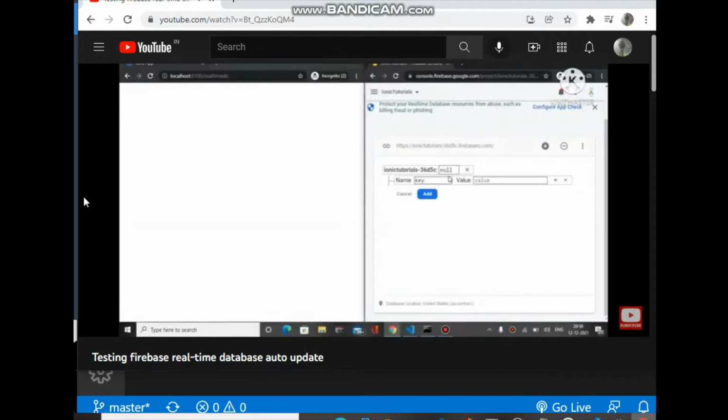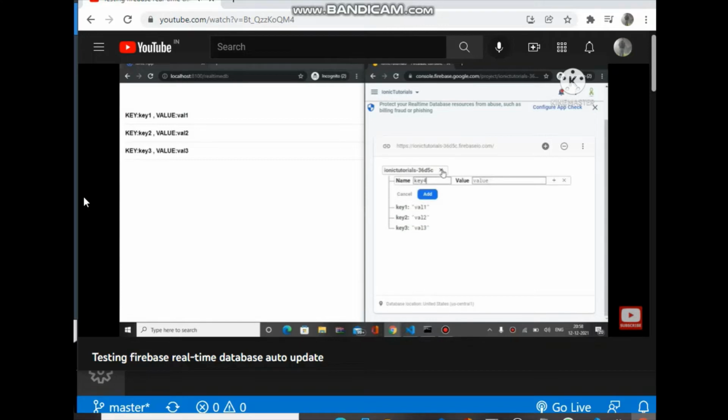You can see I entered in DB key1 val1, and we enter step by step more values, and you can see on the page it's automatically updated. And when you delete the data, it's also updated on the page.